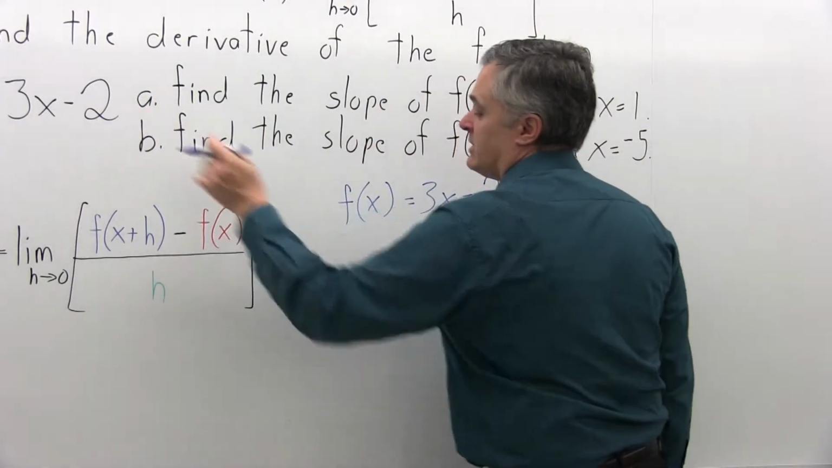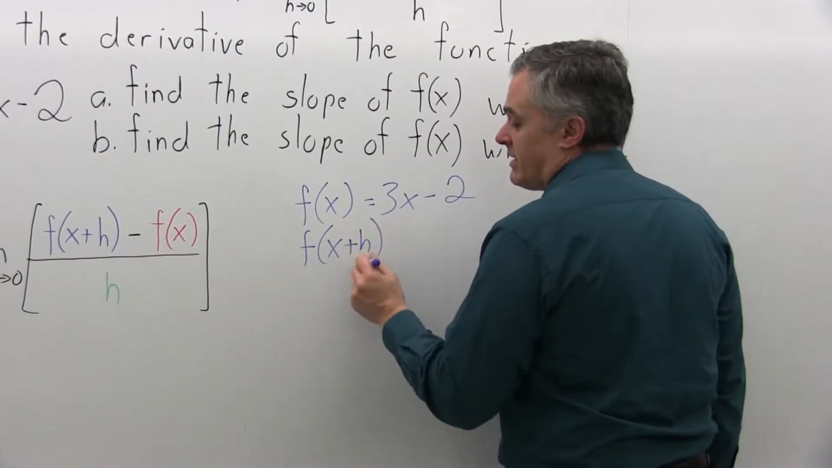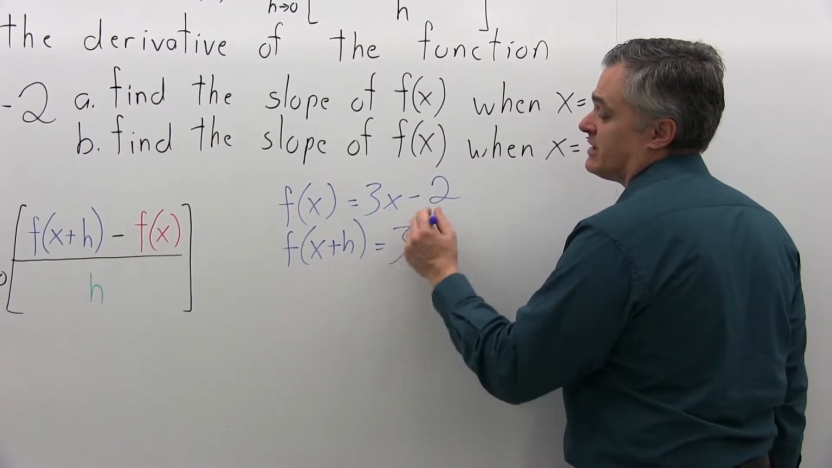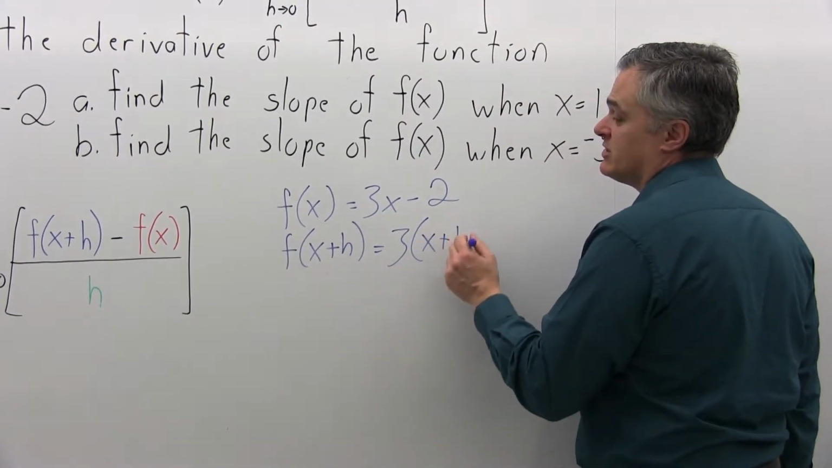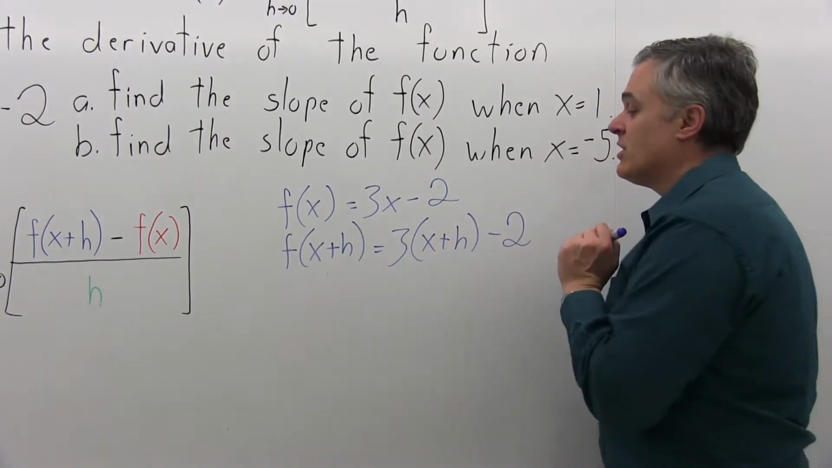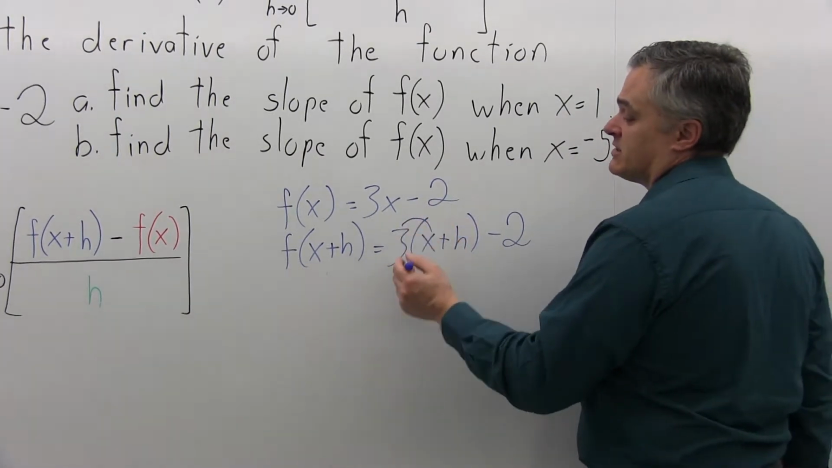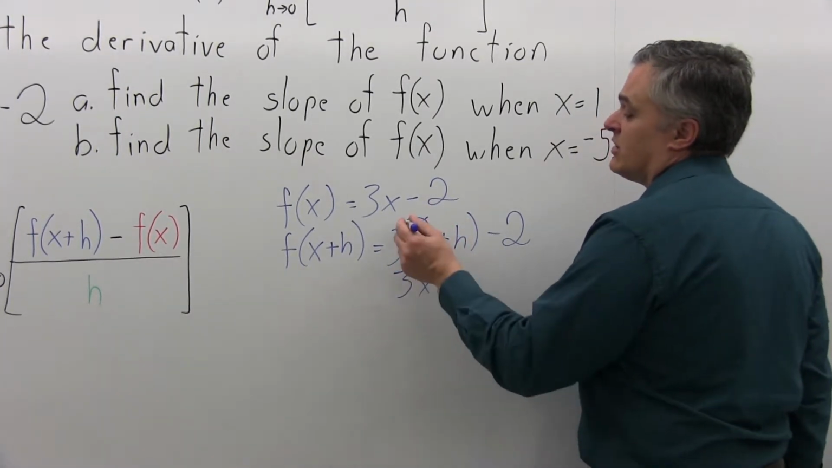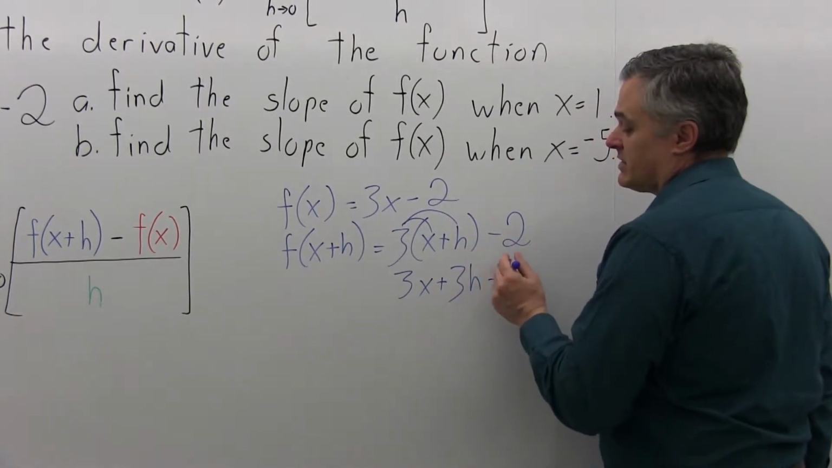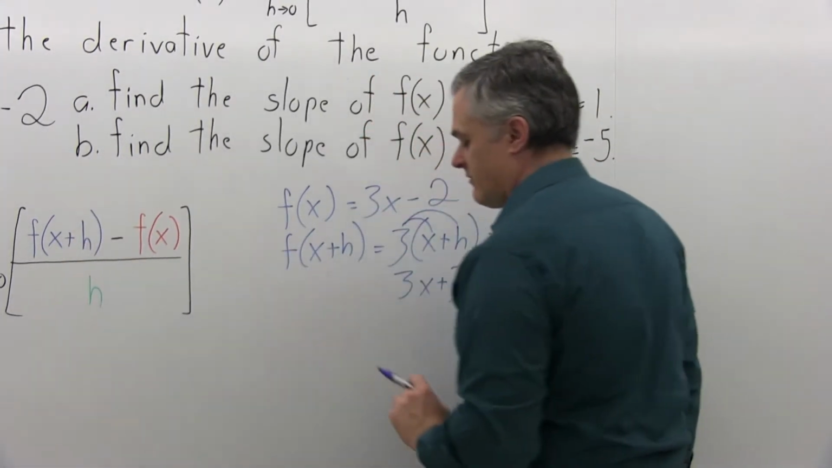That's given. So f of x plus h, that means use x plus h as an input. Where I have an x, I'm going to replace it with an x plus h. So 3 times x becomes 3 times x plus h. And afterwards, you have a minus 2. So that's the result, but I need to simplify it, and I can do that by clearing the parentheses. 3 times x is 3x. 3 times h is 3h. And don't forget the minus 2 on the end. So this is f of x plus h that I'm going to put in for f of x plus h